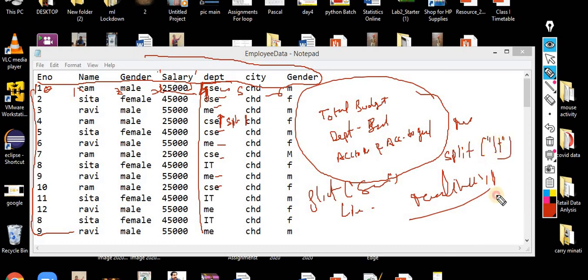Backslash t, that means tab indented. If I use space, it means space indented. If I use @, that means it is @. Now this time it is tab indented. So make sure you take care of all these things and try to make a code. I am giving you 10 minutes. You are just supposed to think about how you can perform it. So take your 5 or 10 minutes, then I'll come back to you.